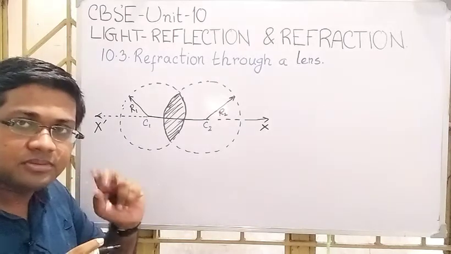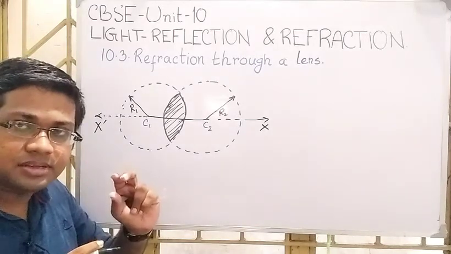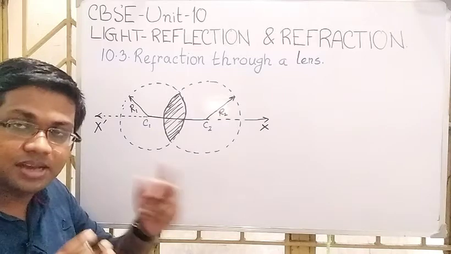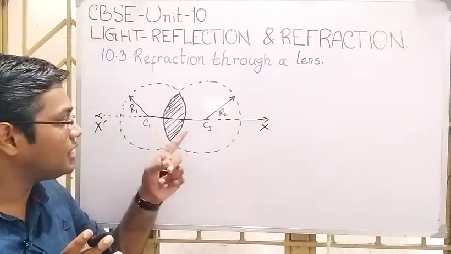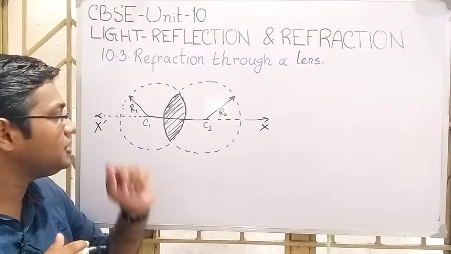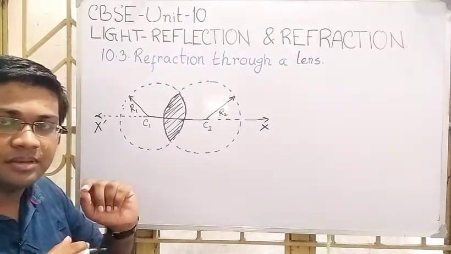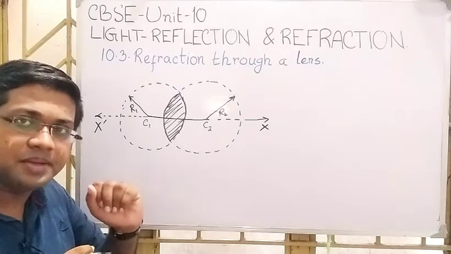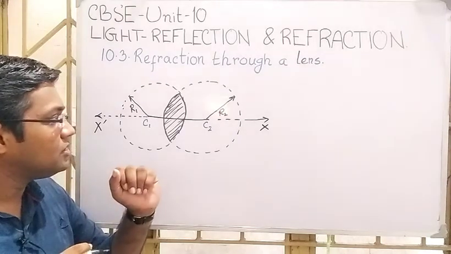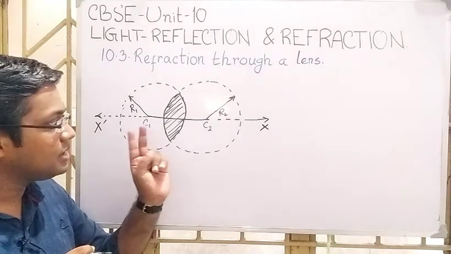And if you link this with spherical mirrors, then you know that this line, X prime, has a particular name, and that is the principal axis. Similarly here,